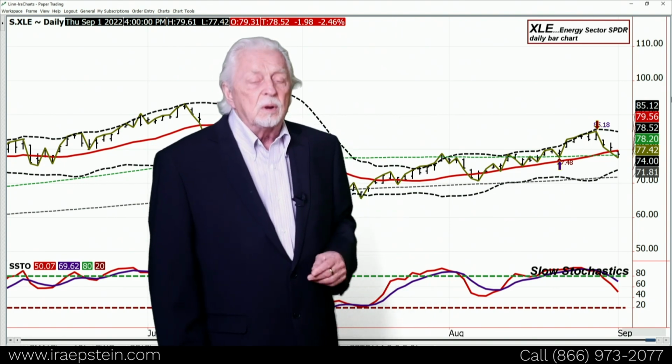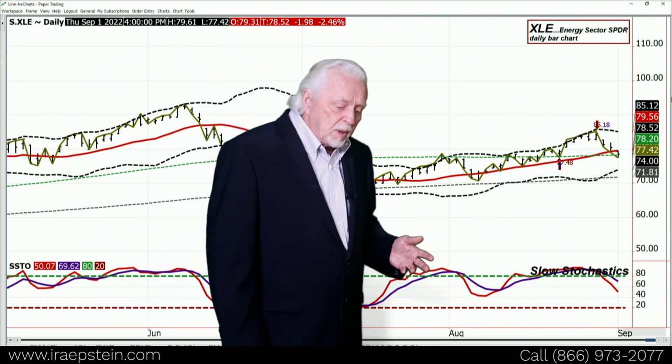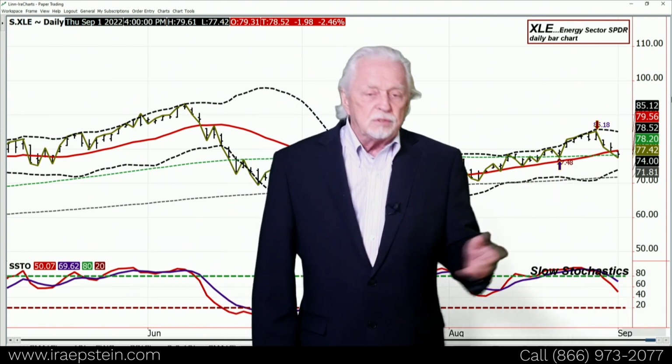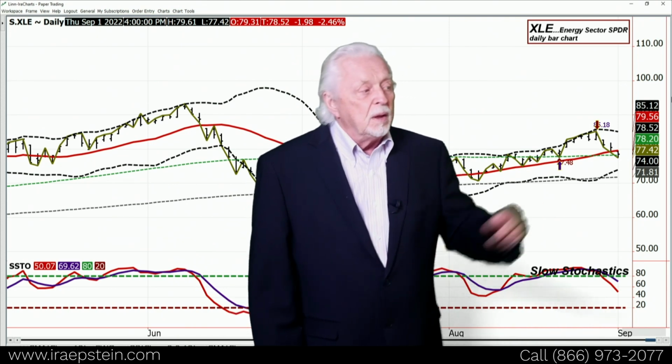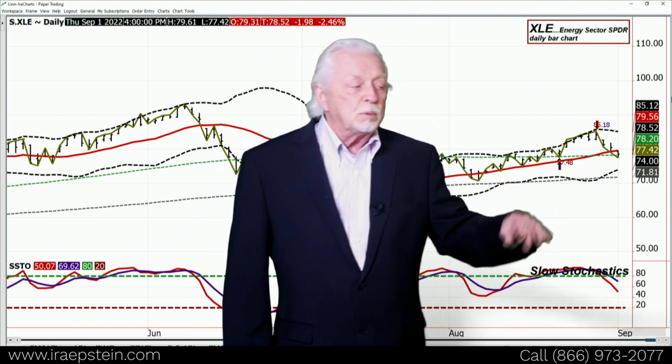On the energy sector, if China's shutting down again and they buy this vast amount of Russian oil, wouldn't they be slowing down those purchases? I mean, now we're looking at this city. What's the next city to fall? Once the COVID starts, we've seen it, it just goes to all the provinces. And on 31 of their main provinces that make up mainland China, they have had COVID. Now 900 cases triggered this. I'm sure we're going to hear more about it. What does that do to the energy demand? When a city comes to a standstill, factories don't work, you don't have to use public transportation, fuel just goes like that, the demand for it.